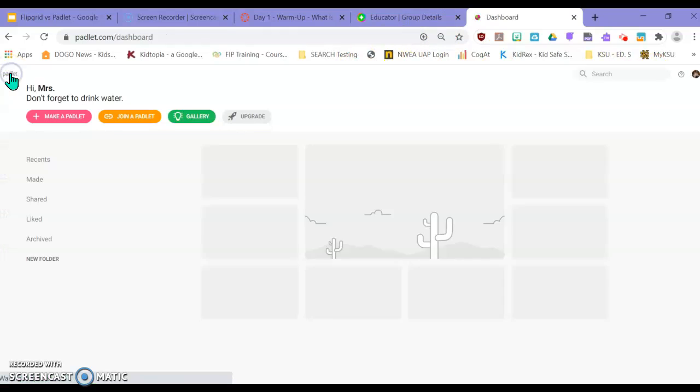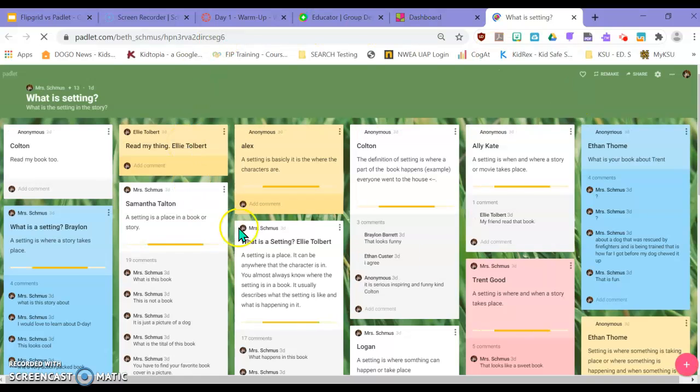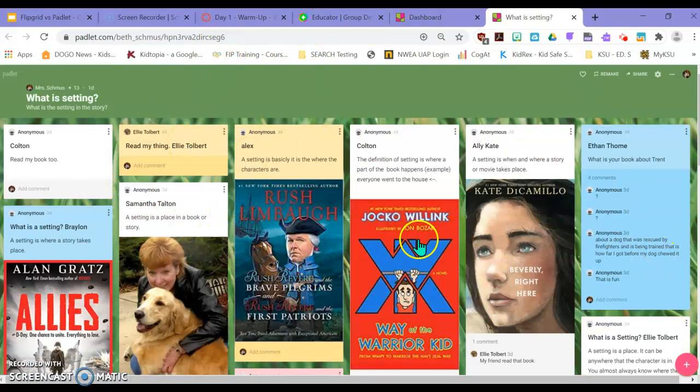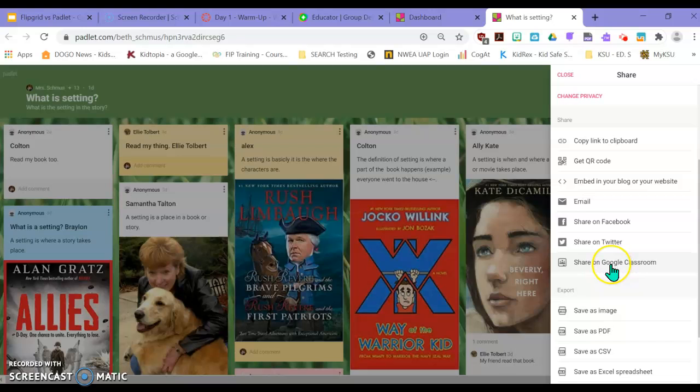I want to show you how you can embed this. Here is a real Padlet. I'm going to click Share. And you can come down here and there are ways that you can copy a link, get the QR code, or an embed code. You could email it or share it on Google Classroom. Another way that you could use this is save it as an image or a PDF and use it for your data collection. I'm going to click on Embed Code,